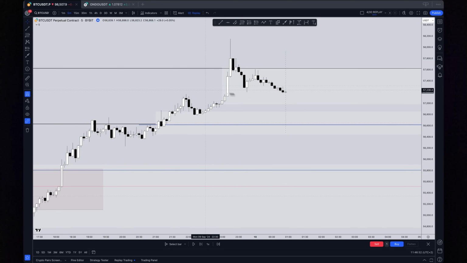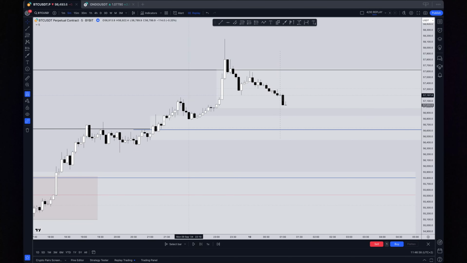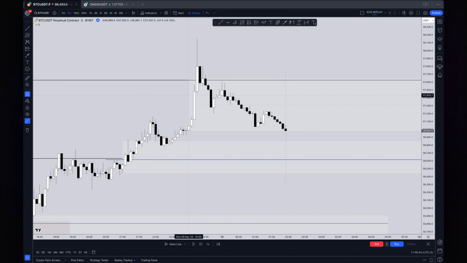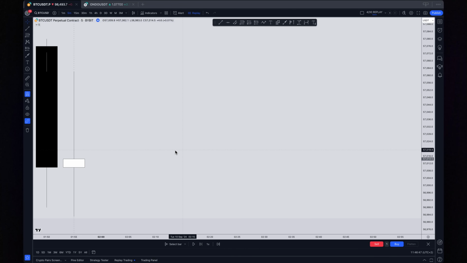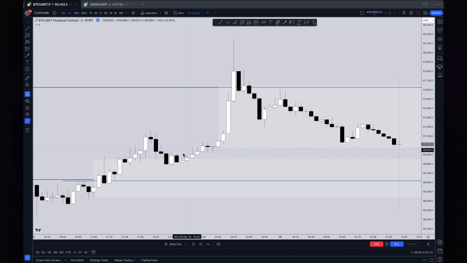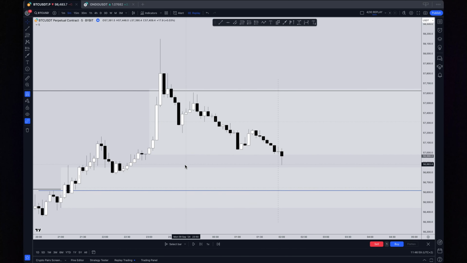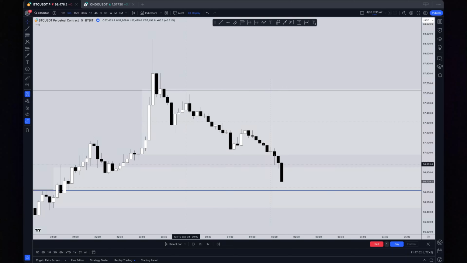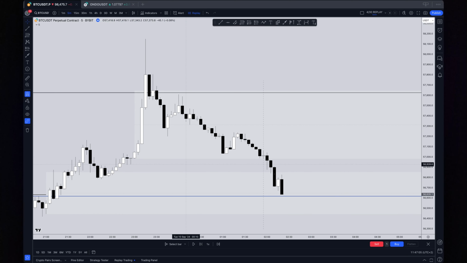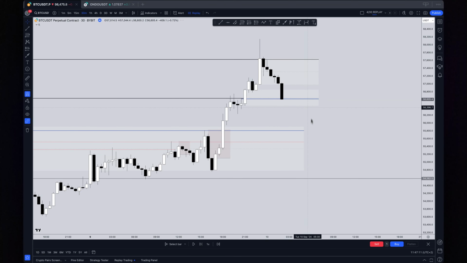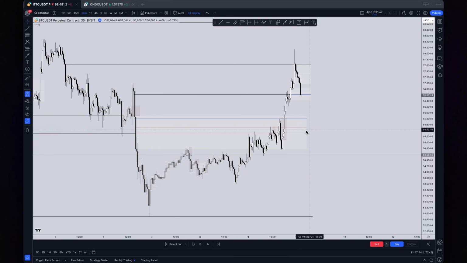Close below the EQ, expecting it to go lower. Is that a sweep of the low? Nope. That definitely sweeps. Closes through. So what we're then going to do,